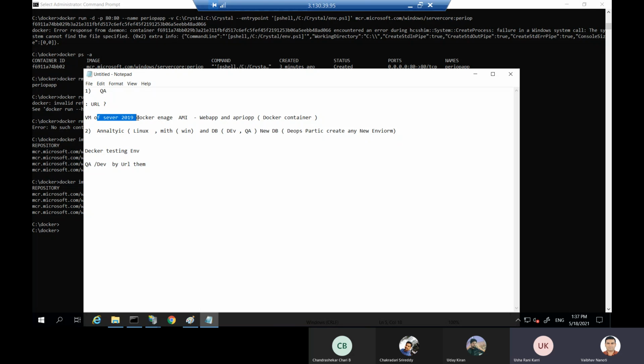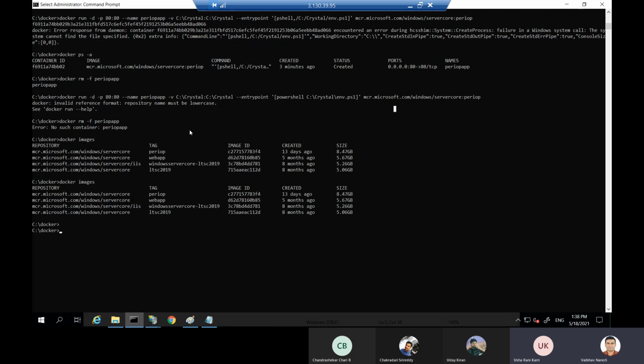Search for the 2019 Docker image AMI on Windows in our AWS AMIs, and just use it. Otherwise, I think I also have the snapshot of this VM, so you can restore the snapshot of this VM and create that server too.